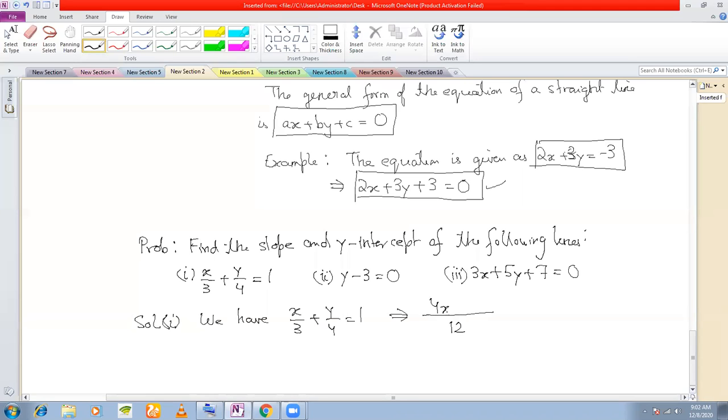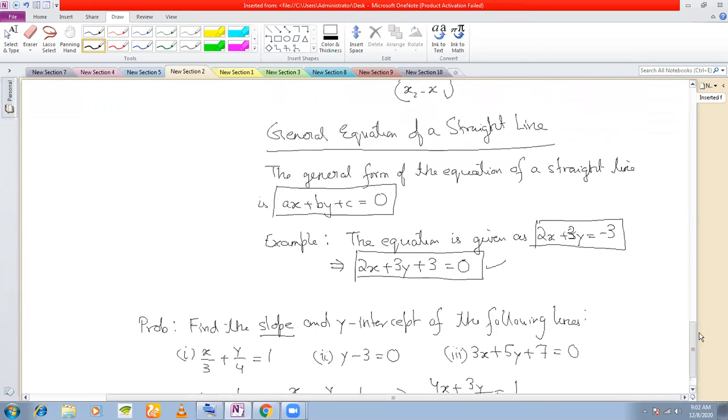So you get 4x plus 3y is equal to 12. Now, whenever in a problem you are asked to find out the slope of a straight line, always try to write it in this form,